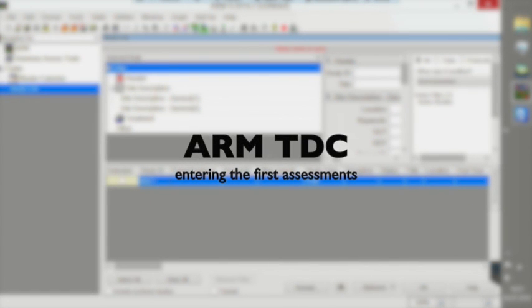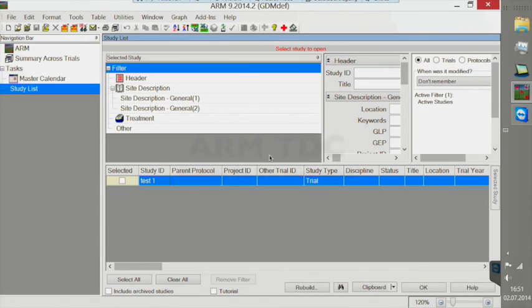Hello and welcome to this small tutorial to show how to get started with your first assessment on ARM TDC, tablet data collector. Until you have opened a trial, there is no difference to normal ARM. But if you open,